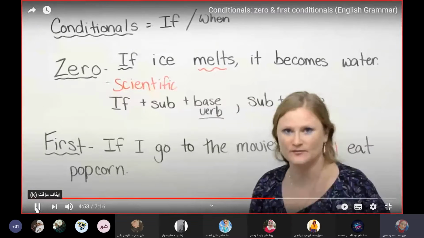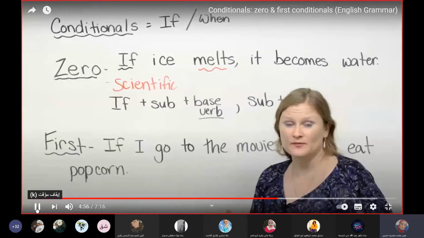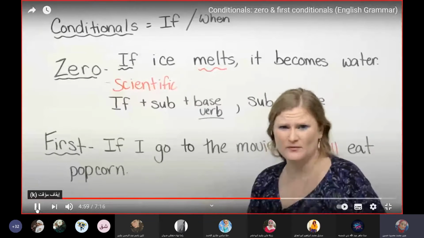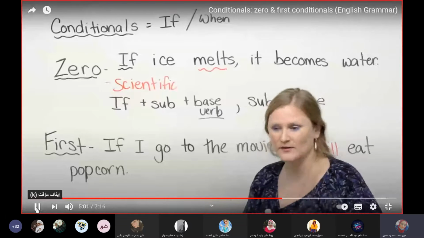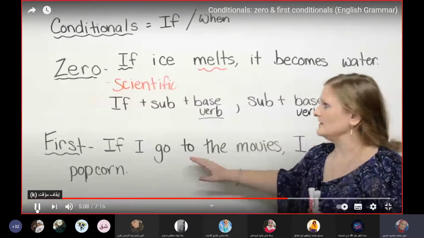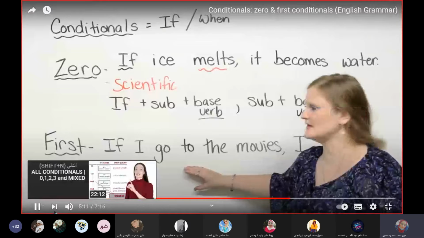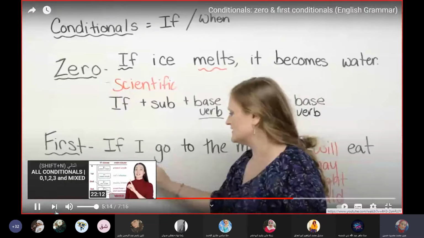Not scientific. Some people don't even like popcorn. Or maybe you don't have any money. Or maybe you want chocolate instead of popcorn. So, in the first conditional, the basic thing of it is not scientific. It cannot be 100%. But it's things that are